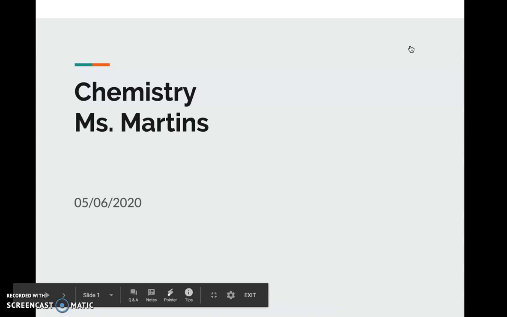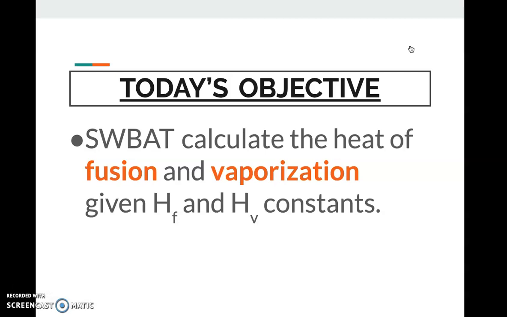Hello class, this is Ms. Martins and we are in Unit 8 Energy. Today's objective is students will be able to calculate the heat of fusion and vaporization given the HF and HV